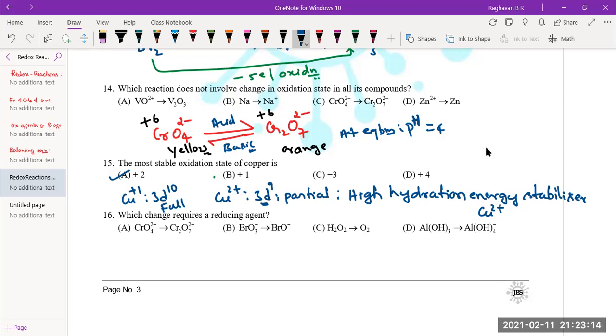High hydration energy will be there for all those ions which are very small. Cu2+ is much smaller ion when compared to Cu+. Secondly, Cu itself is small in 3d series when compared to all other elements, because as we move from left to right, atomic size decreases till Cu. From Cu to zinc, it slightly increases due to completely filled shells. So, high hydration energy is due to small size. So, high hydration energy stabilizes Cu2+. So, option A is correct.